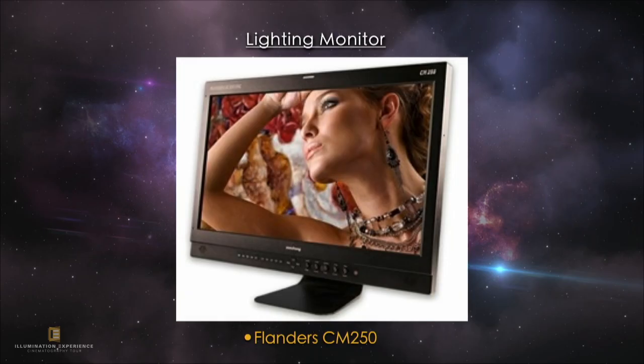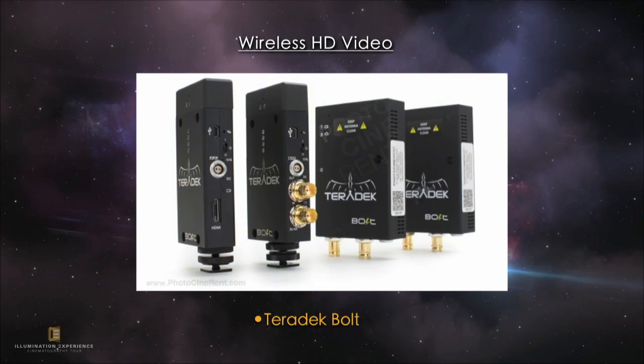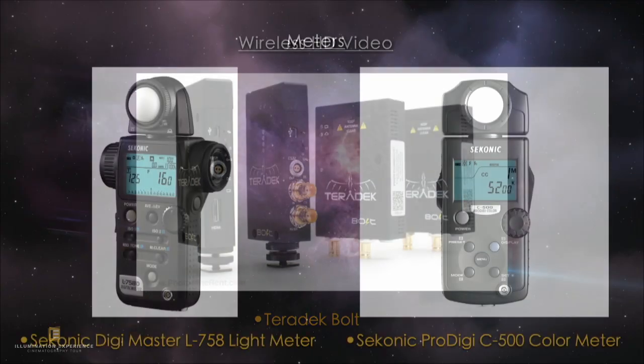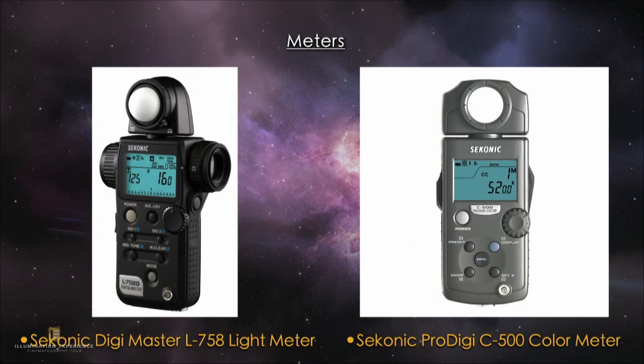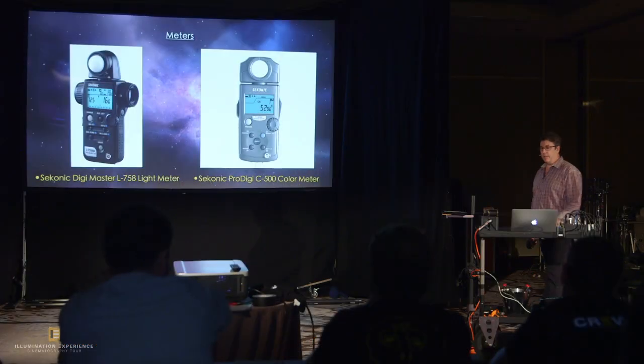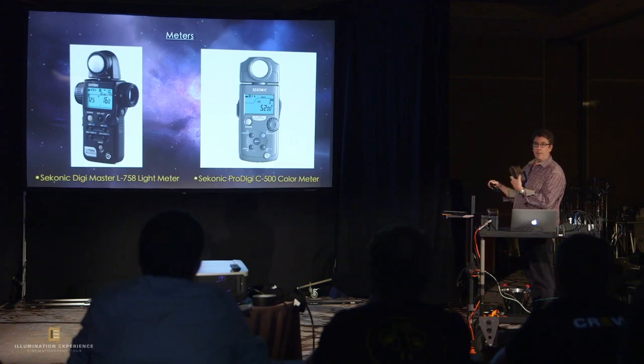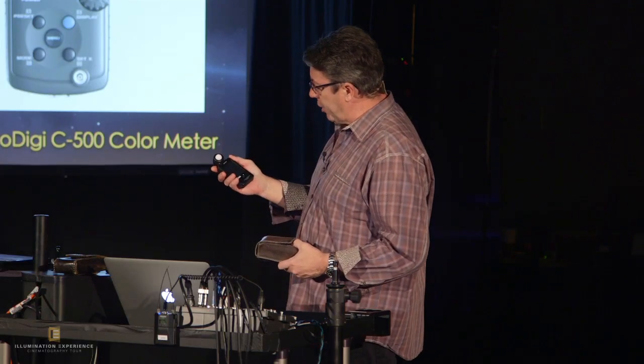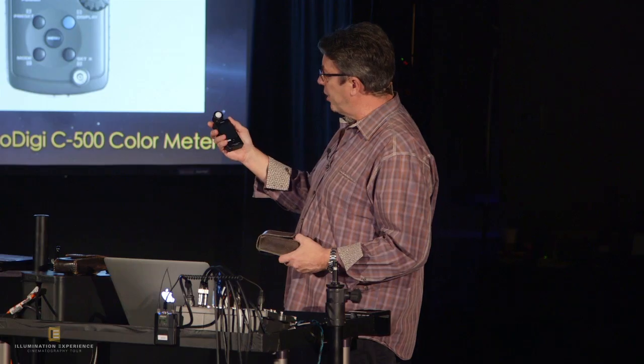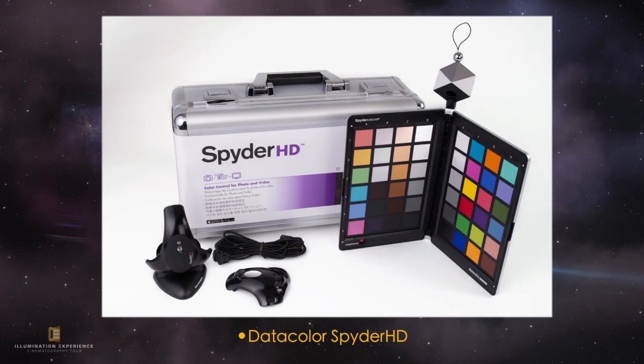We're working off the Flanders CM250s today. One will be in normal mode. The other one will be in false color, so you can really start to see exposures. Teradek Bolt will be sending it to all the screens, and we'll be using these types of light meters. I'm really accustomed to loving this new Lightmaster because it fits in my leather pouch. Yeah, the Lightmaster Pro, the L478DR. And then we have our Spyder Checkr datacolor system.